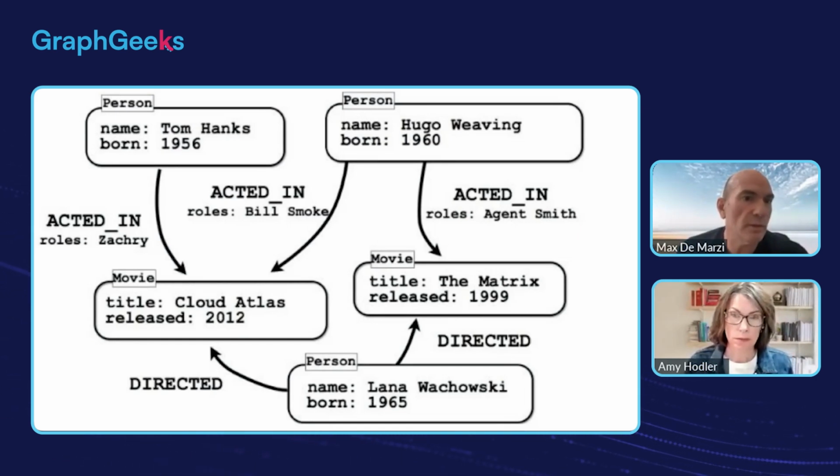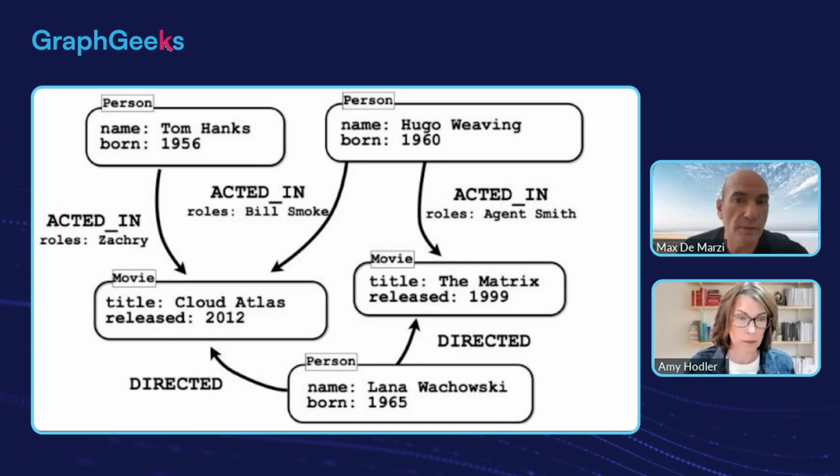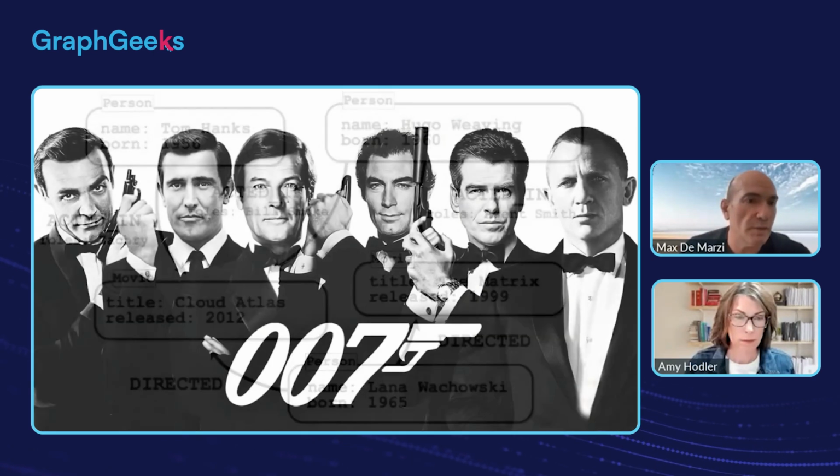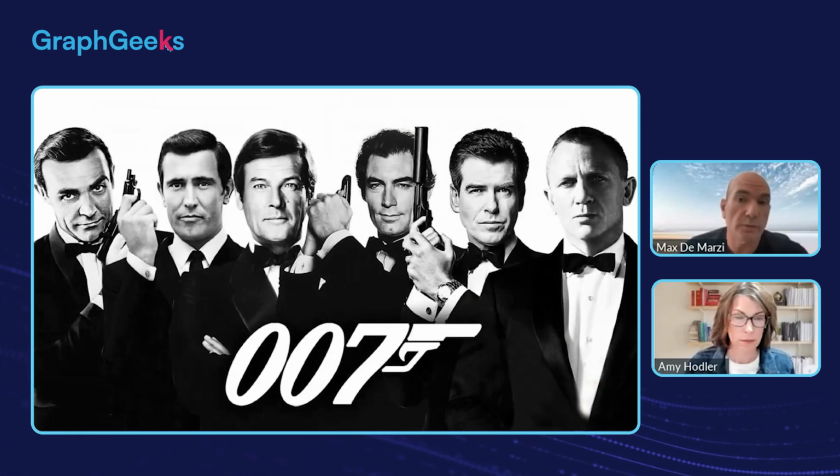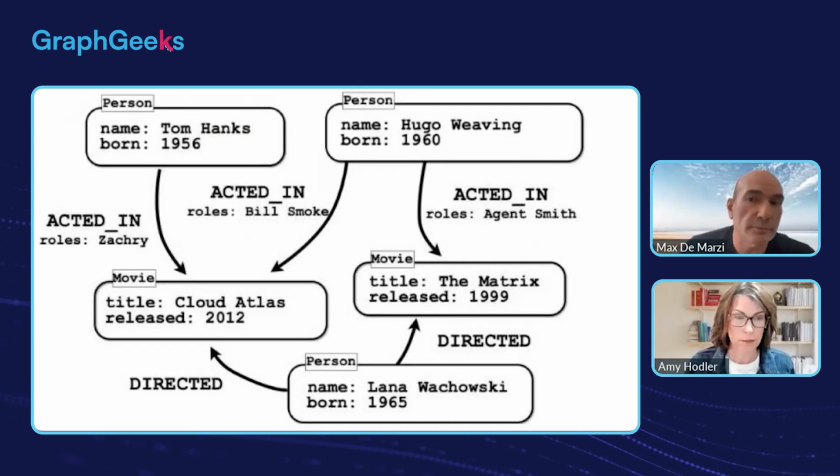So Tom Hanks acted in Cloud Atlas as Zachary. Hugo Weaving was Will Smoke, and he was also Agent Smith in The Matrix, and so on and so forth. And this is a perfect way to model questions about movies. But if you wanted to know who played 007, which actors played James Bond, then this is a terrible model